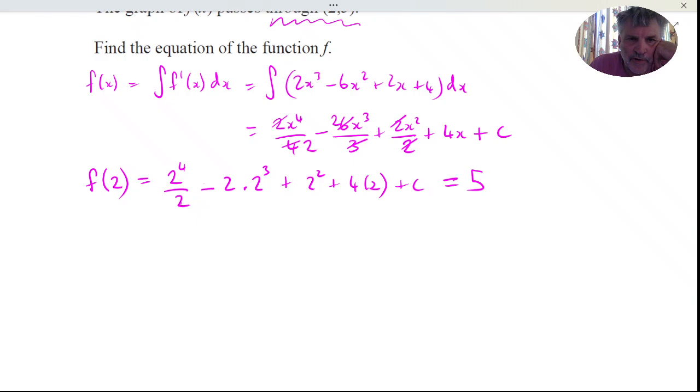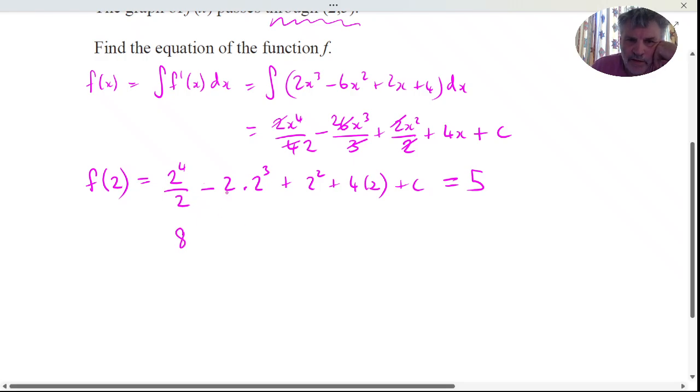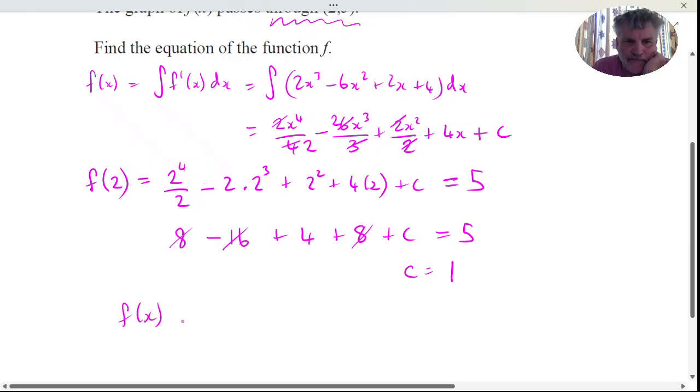2 to the power of 4 divided by 2 is 2 to the power of 3, so that's going to be 8. 8 times 2 is 16, plus 4, plus 8, plus c equals 5. 8 and 8 is 16, minus 16 is 0, so c is going to be 5 minus 4, which is just 1. We want the equation of the function, so that's going to be